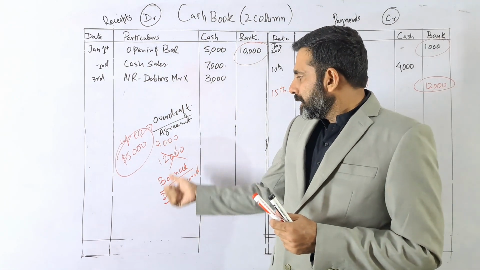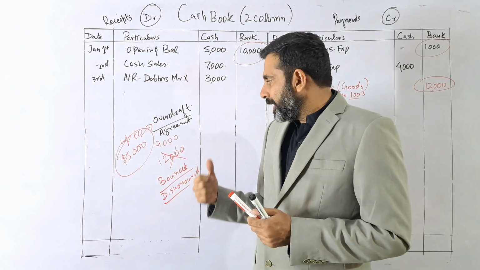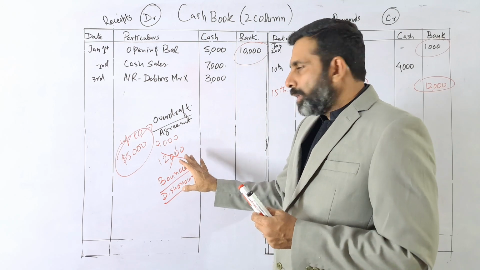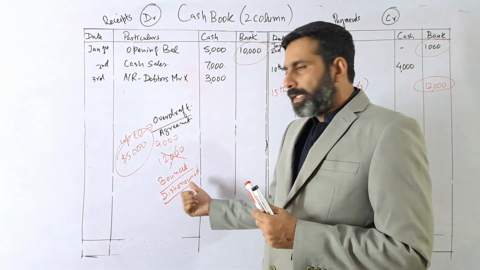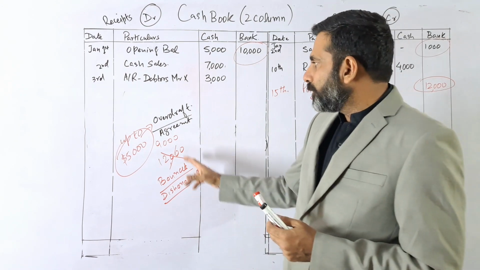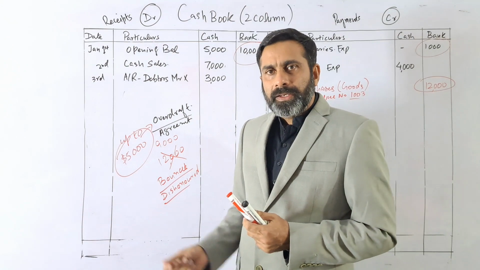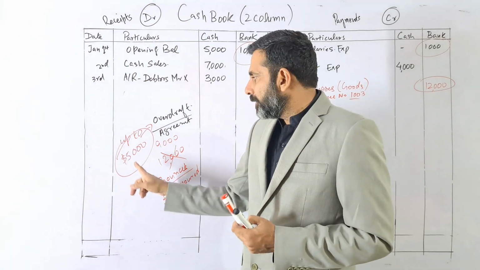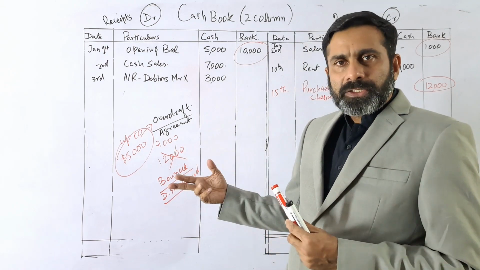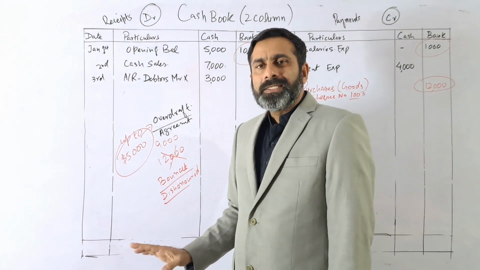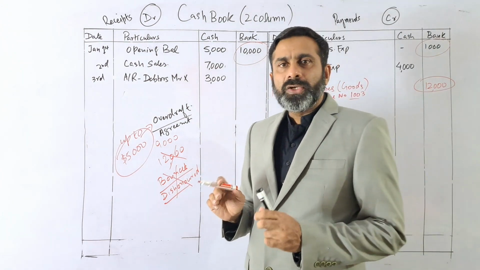Now in this case, you have issued a check of 12,000, but the balance was only 9,000. So if you want to avoid the bouncing or dishonor of the check, you have to make an overdraft agreement with the bank. For example, the bank agrees to give you an overdraft facility of how much? $5,000. So now you are using how much extra? 3,000 extra. So this check will not be dishonored or bounced, because you have an agreement with